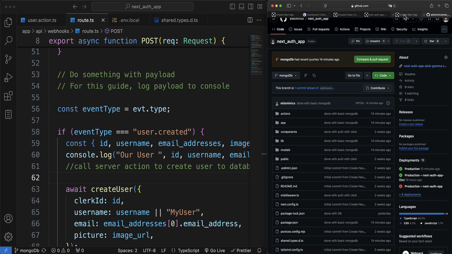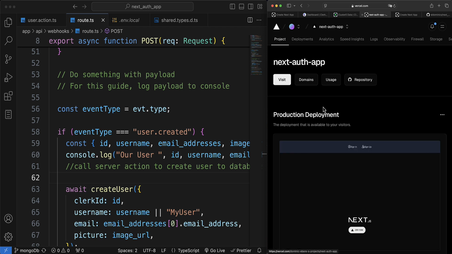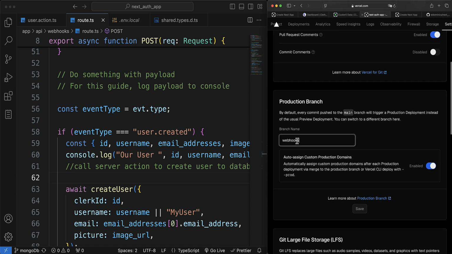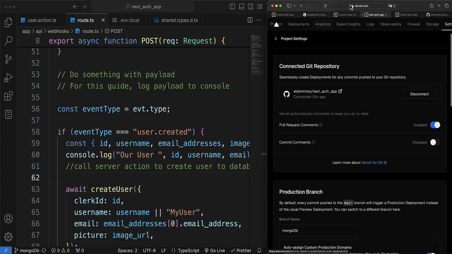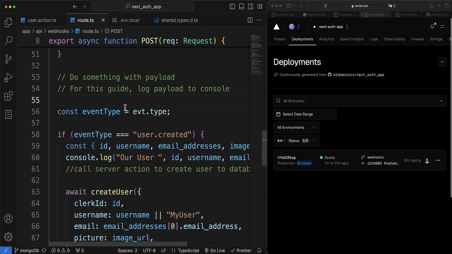So what I'm going to do is go back to our Vercel and then click on here, and then click on this application, and then go to settings, and then go to Git, and then change this from webhooks to MongoDB and save. So now we should be working with MongoDB. And for that, what I'm going to do is come back to deployments